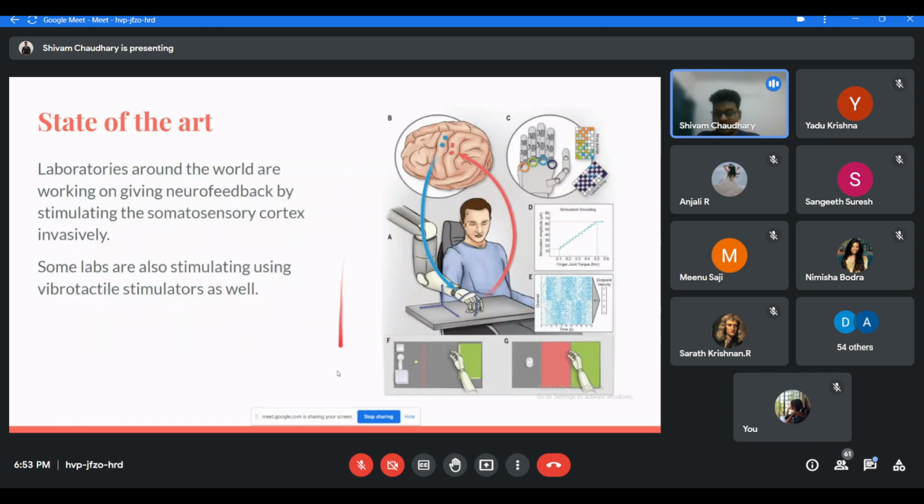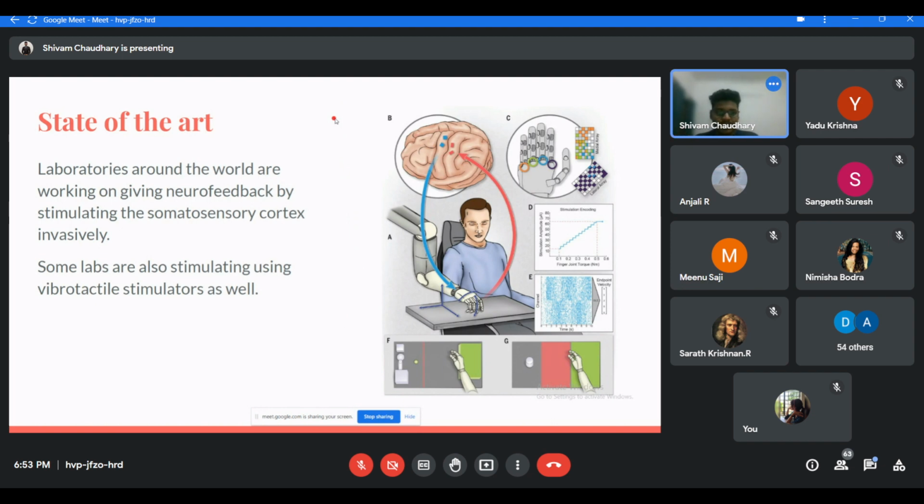Now moving towards the state of the art. So we know about recording the brain signals and then moving a prosthetic hand. But imagine how you would feel if I grasp something, say this is my phone, I'm holding my phone, but I do not get the feedback through my hand. What that does is it hampers training. Research has shown that it increases the training time if you don't give tactile feedback,